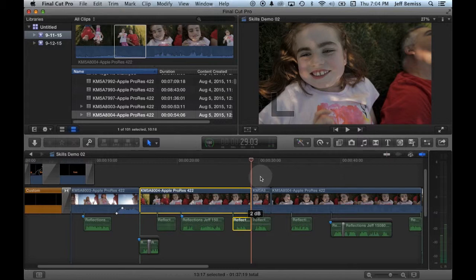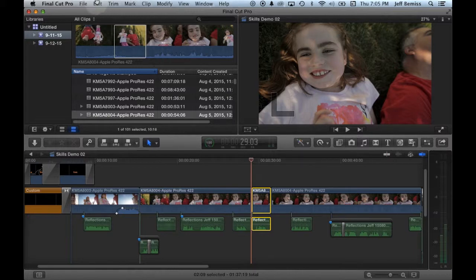Okay, the second part of this is the delete. If I drag over these two clips to select them, I can just hit the delete key. Now keep in mind there's two delete keys on your keyboard. One of them is on that little keypad between the two bigger keypads. That delete is technically not a delete. It's what we call